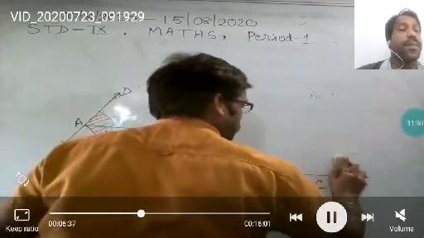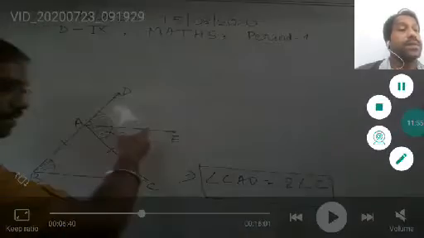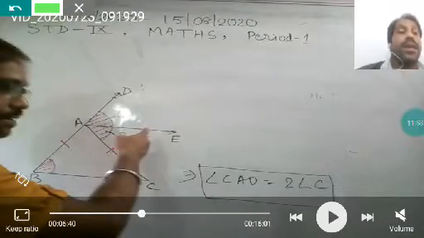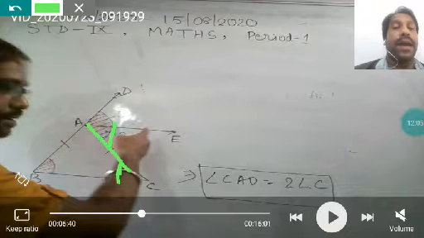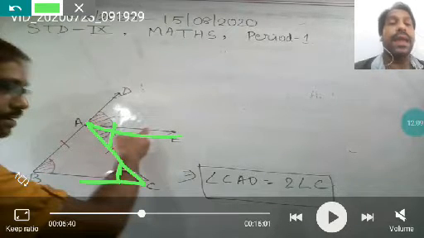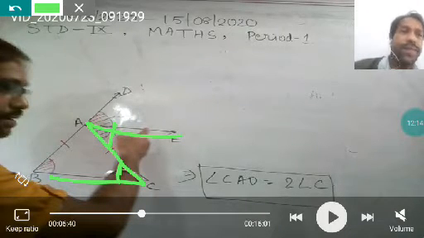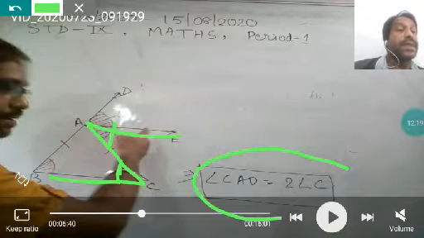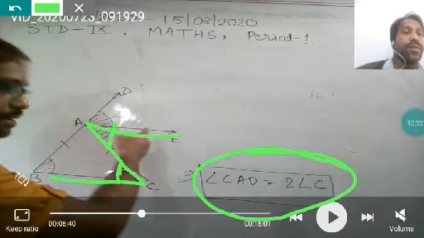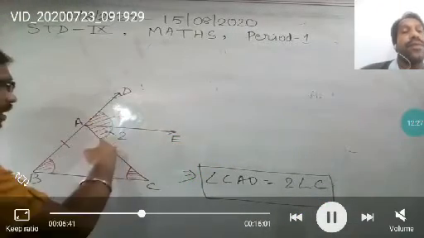Why have I done this? Now see class, my target is that I can prove this angle is equal to this angle, and they are alternate interior angles. If I could prove these two angles equal, obviously they are alternate interior angles and they will be equal, and angle B is equal to angle C, that's why CAD is equal to twice of angle C also. Clear? Yes, very good. Then see this, we are very near to our solution here.